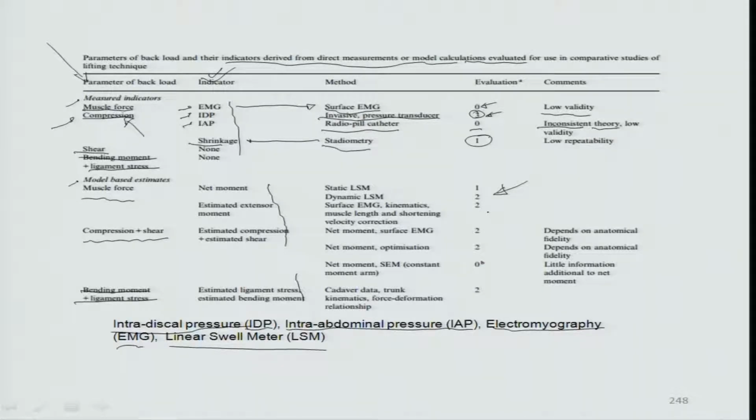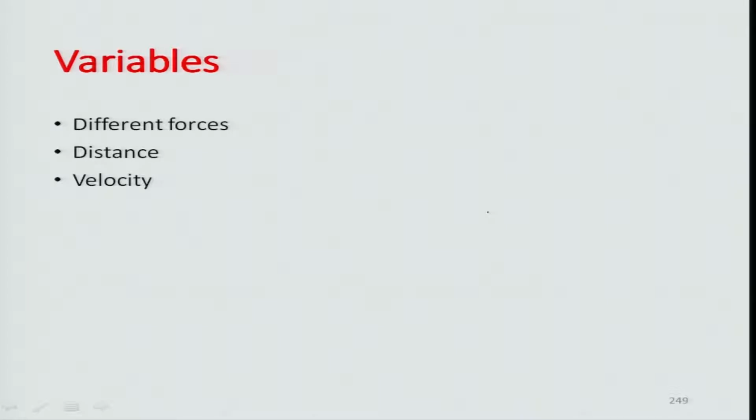And so, taking the high indicators, you could now do an analysis regarding the stoop or squat system, and there are certain results which come when you subject the whole human system to different variables, like different forces of compression or bending moments, different distances across which you can move the musculotendinous structure, or different velocities at which you move the musculotendinous structure to execute motions in both the lifting